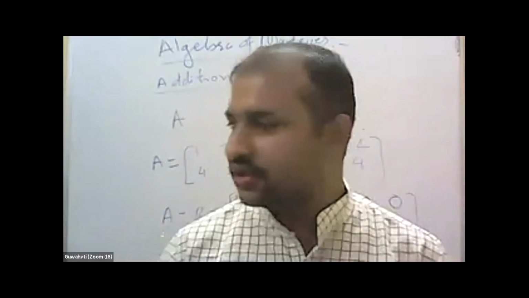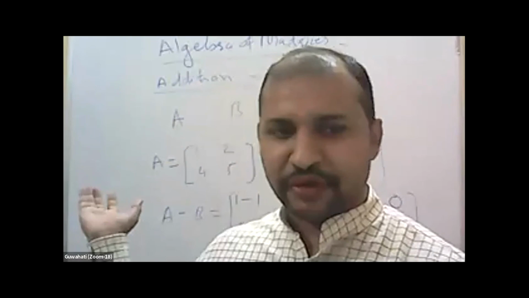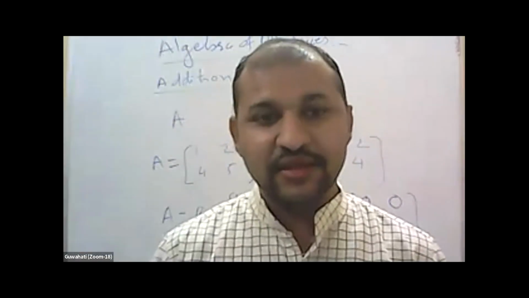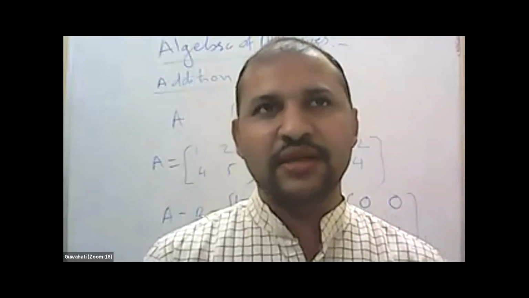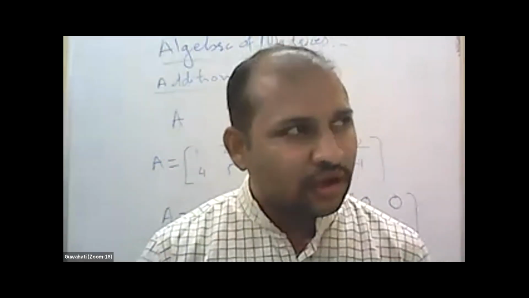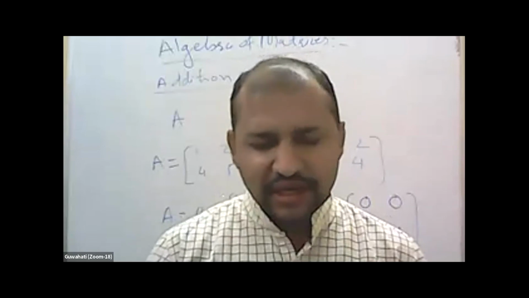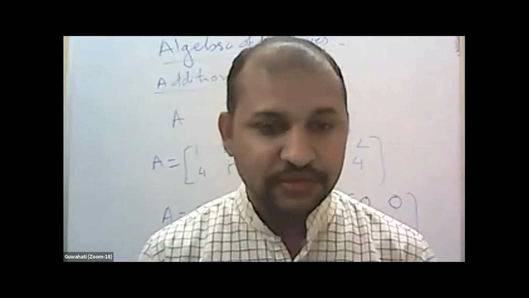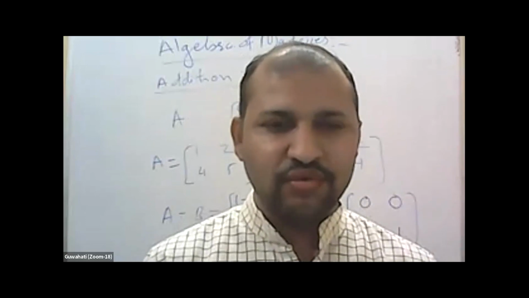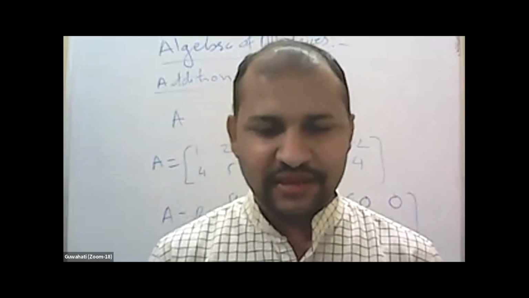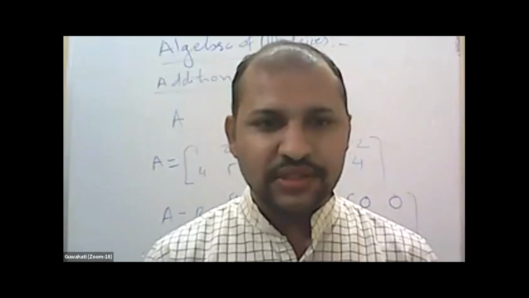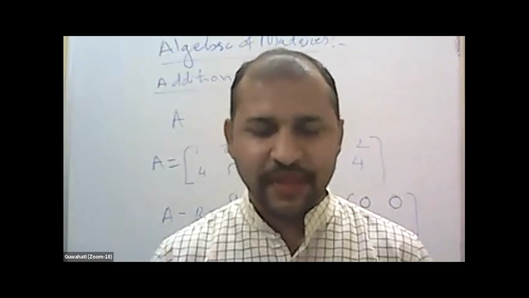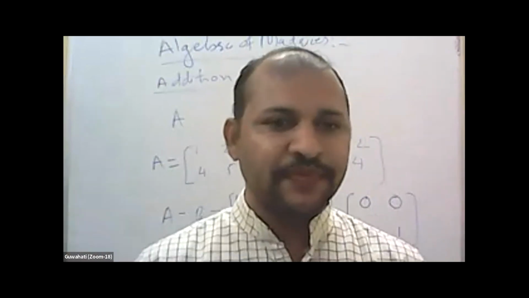From this matrix we are moving to the system of linear equations. For that system of linear equations, one economist called Leontief, I forgot the name, received the Nobel Prize in Economics in 1972 or 1917, because he studied this system of linear equations and he framed some equations. I will explain that again at that point of time.